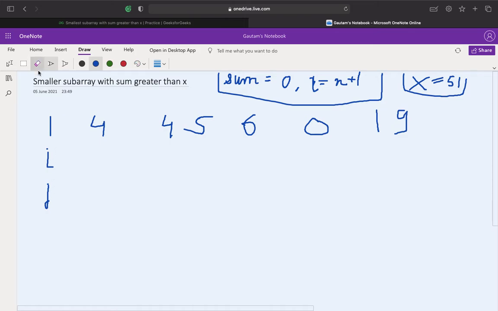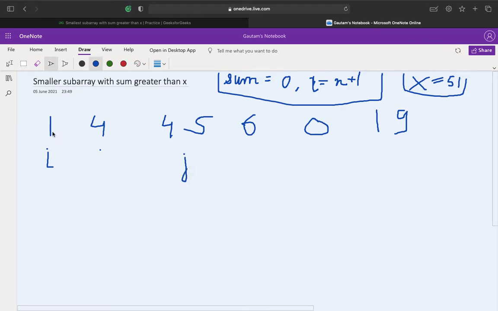So we'll increment j. Right now j has reached over here, so the sum of values between i and j, both inclusive, is 5, which is again less than 51. So we'll again increment j, and j will come over here.